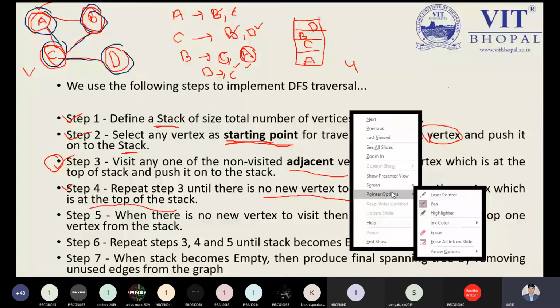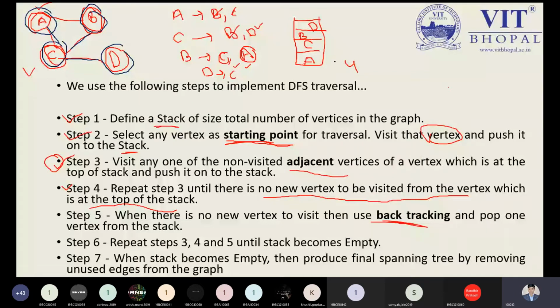But let us understand this concept with the help of the pop operation. First I will visit D. D will be removed. D will come over here. I'm making it here so that it is visible to all, in the right corner side. Is it visible to all? Yes, sir. Okay. D will be removed. Next element is B. Now B will be removed.